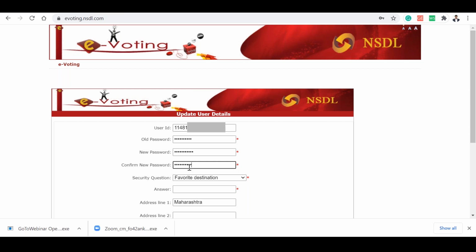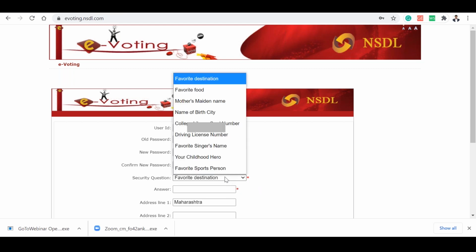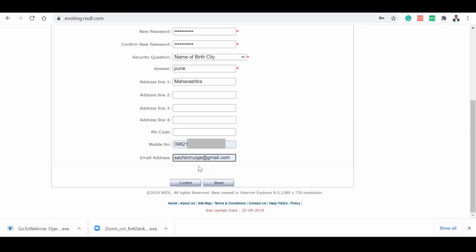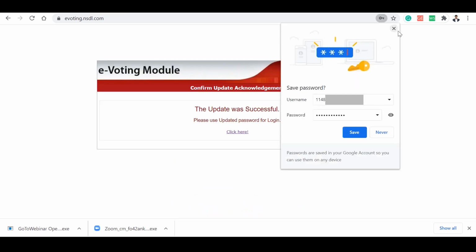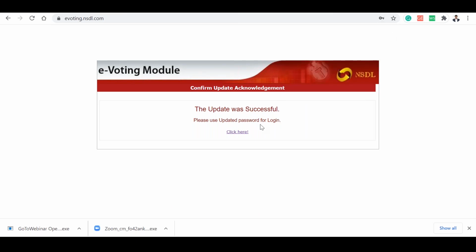You have to use numeric as well as alphabet also. Mobile number, pin code and address, and then I have to confirm it. Yes, now the password is there.